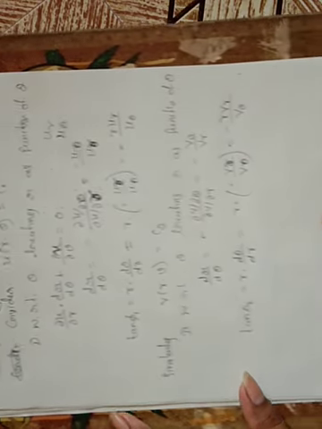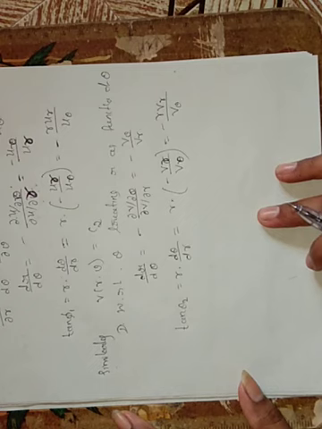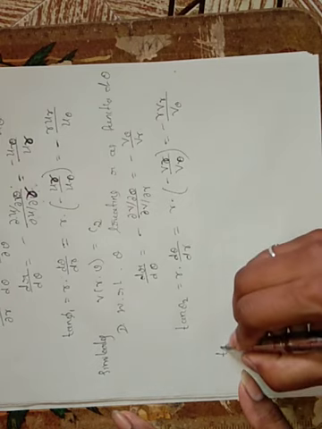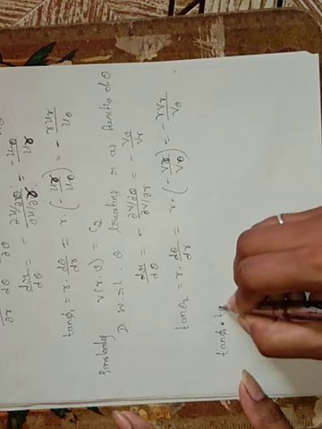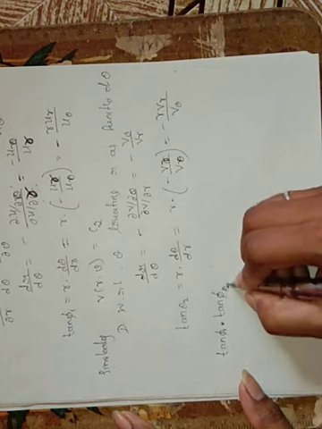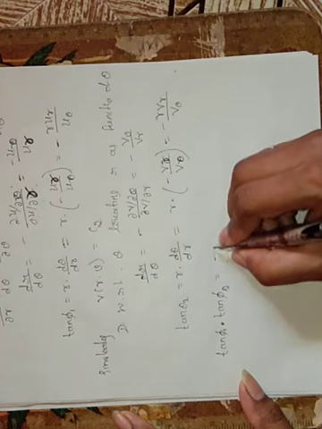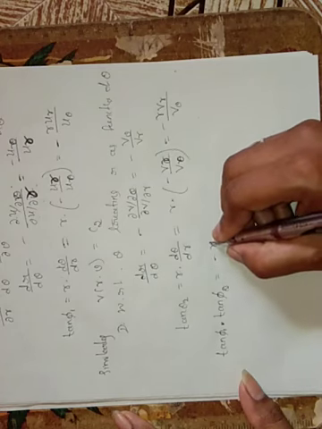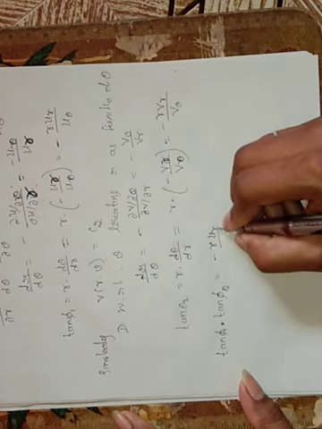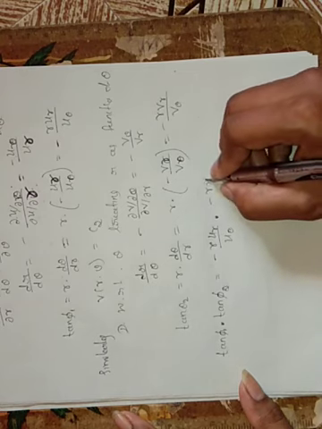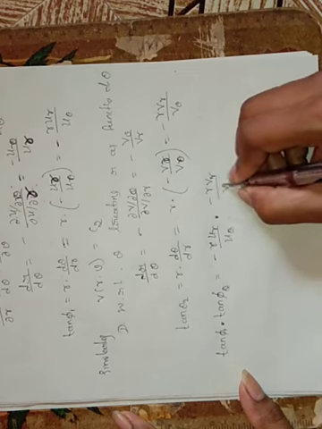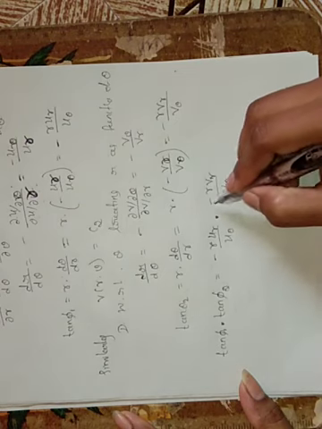Now I am going to check the condition of orthogonality. That is tan xi1 into tan xi2 equals minus r into ur divided by u theta into minus r into vr divided by v theta.